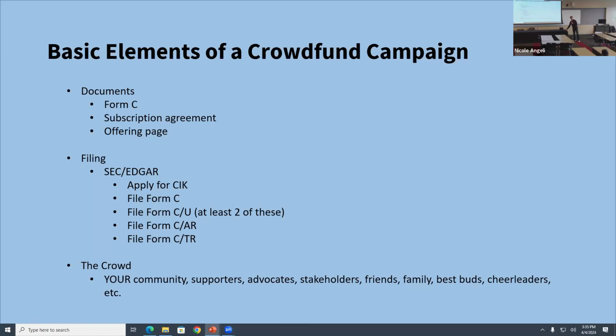This is a very short slide deck, but most of what I'm going to show you is other documents and things that support the process. So just to sum this all up, basic elements of a crowdfund campaign. And actually, even before I say this, has anybody actually participated in a crowdfund, as an investor or donation-based? No. Okay. So basically,